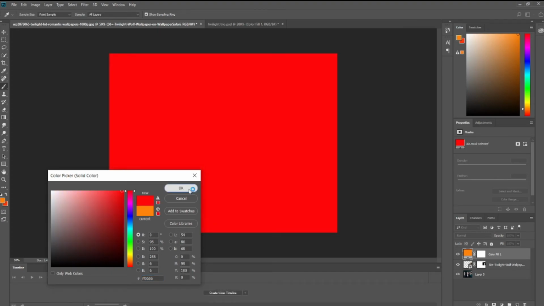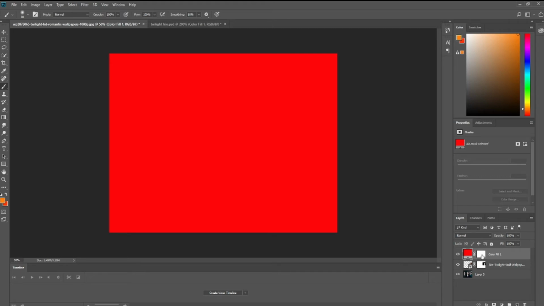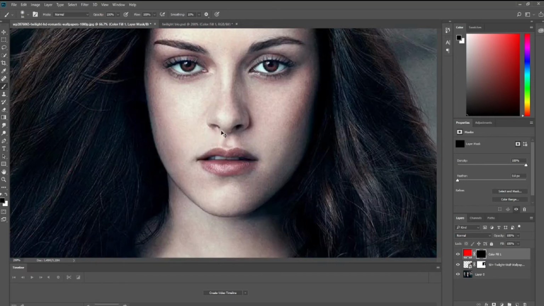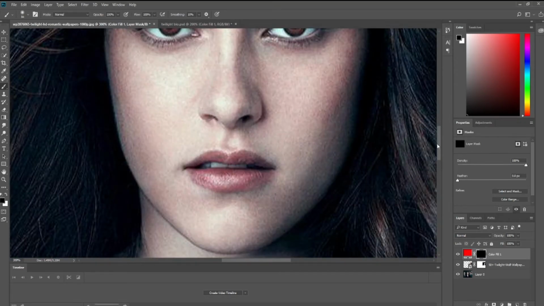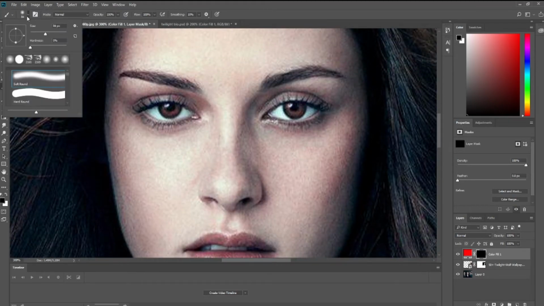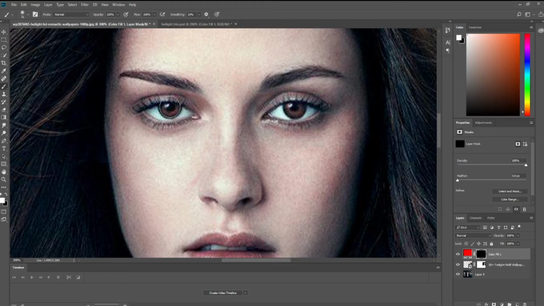And just choose the color red, as the newborn vampires have red in those thirsty eyes. As you can see, we just want to paint the pupil of the character red, not the whole eye. So I'm just adjusting the size of the brush according to the pupil, and just paint it like that.